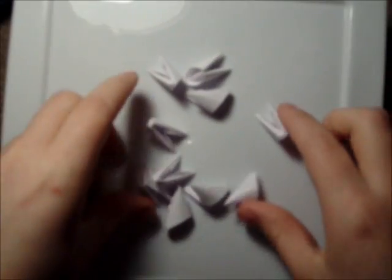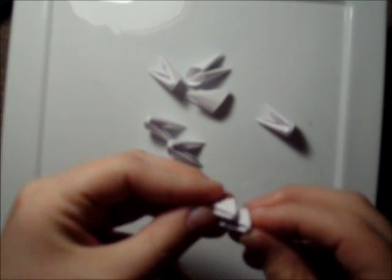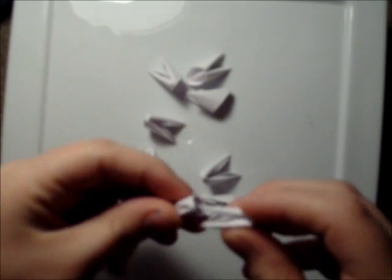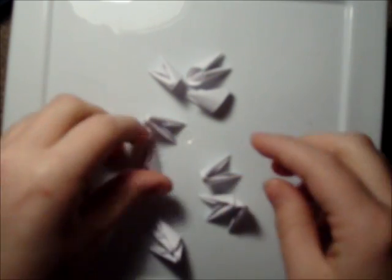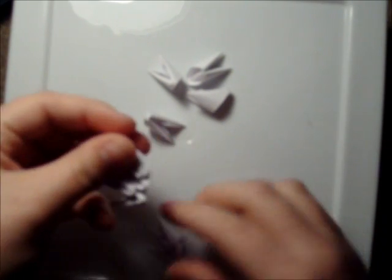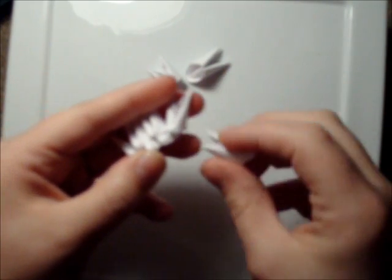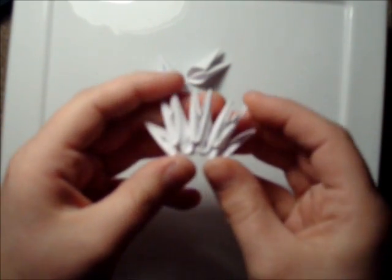Okay, so first off you're going to start with 10 white pieces, and you're going to make 3 pairs. 1, 2, 3. And then you're going to connect them together like this. And then right here at the end where you have an extra pocket, you're going to add another white piece in there, so that there's a total of 4 white pieces on the bottom and 3 on top